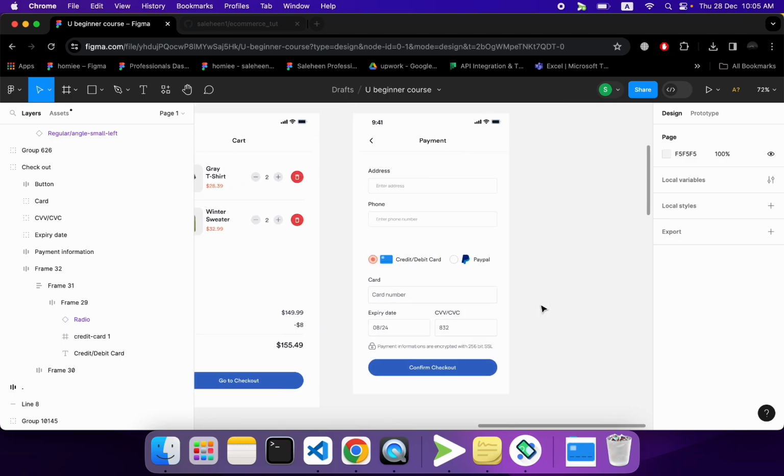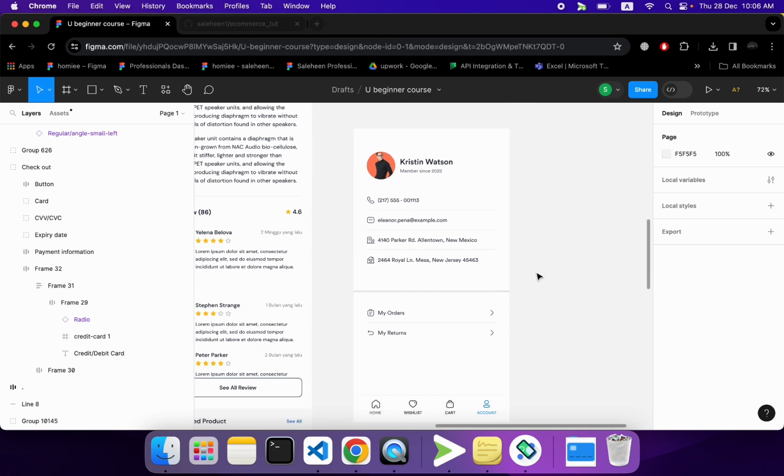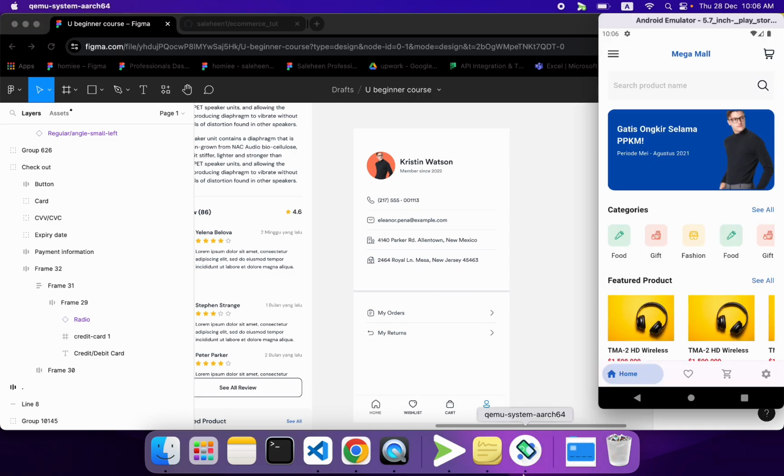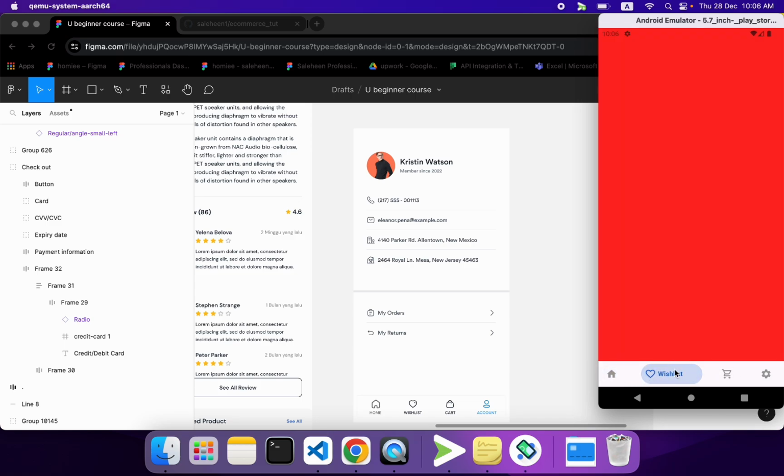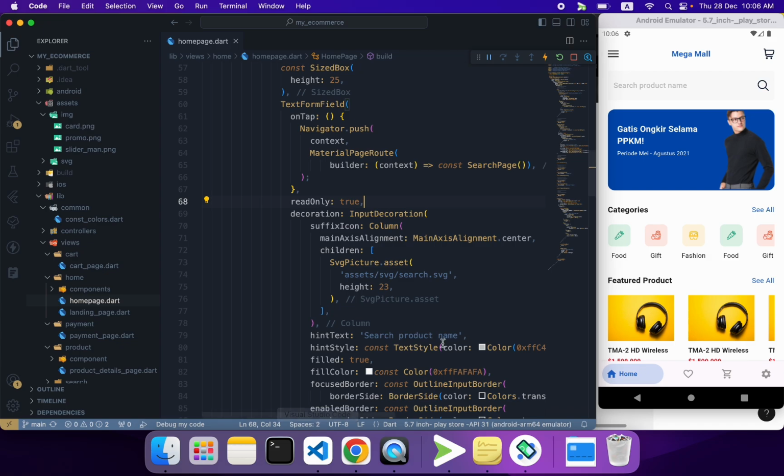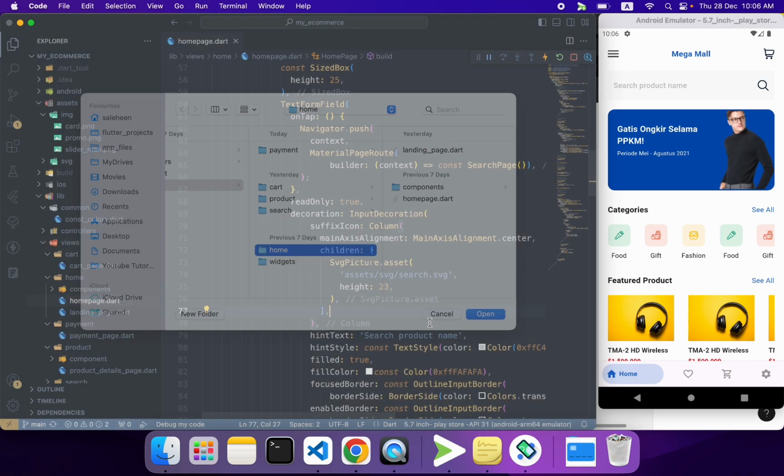Hopefully you have completed the payment screen all by yourself. Next, we will do this screen right here, the settings screen or account screen, whatever you call it. But before that, let us change the tab. So we don't have any page for wish list, so we can remove this one. We do have a cart page, so we will link it here and we will create the settings page in this tutorial. So first thing, let us go to the landing page and